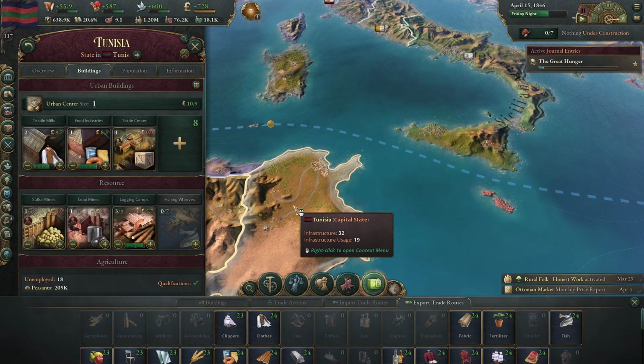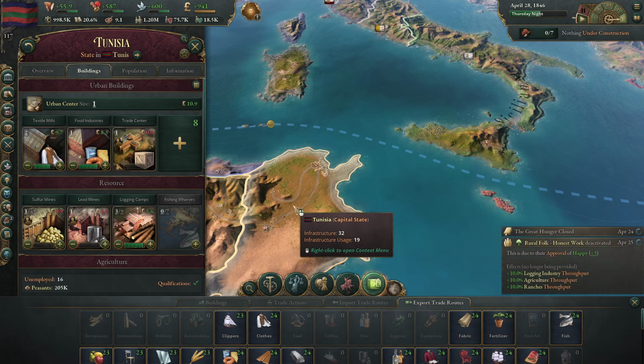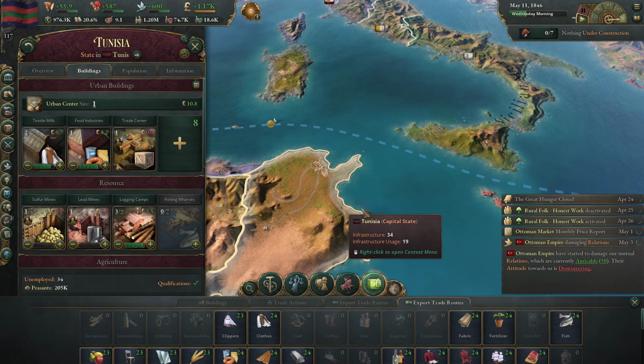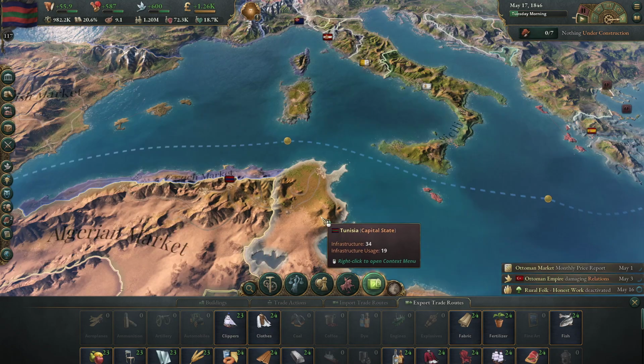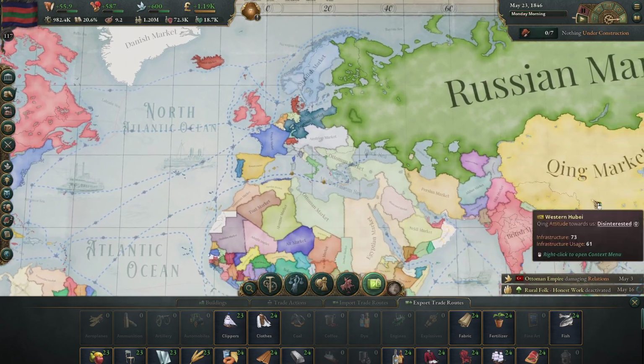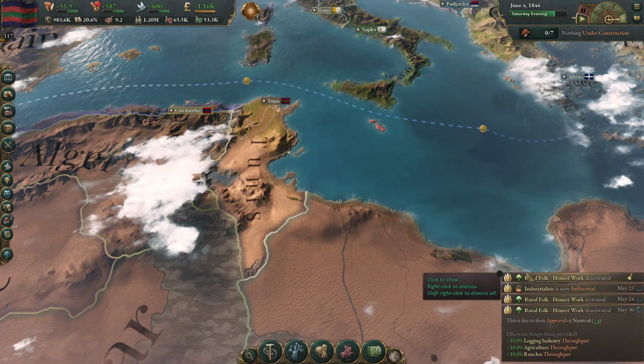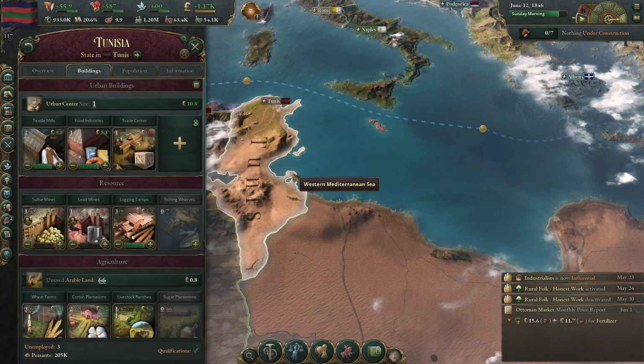I'm not gonna lie, this game has got my brain scrambled. I'm very confused on what exactly is the best approach to anything. Obviously, I'm playing a very small nation that's going to have its problems come with it, but